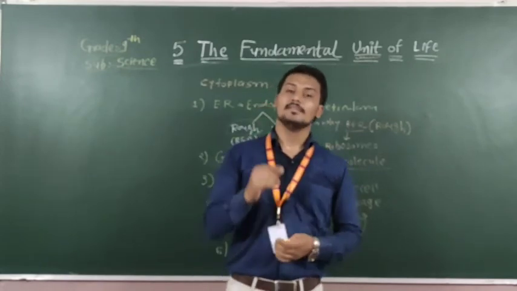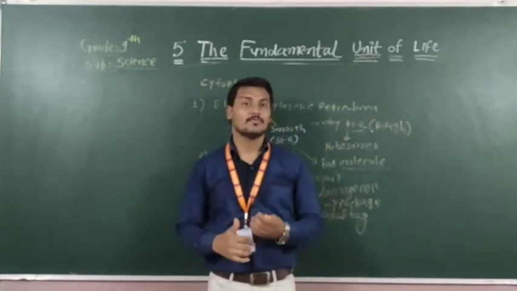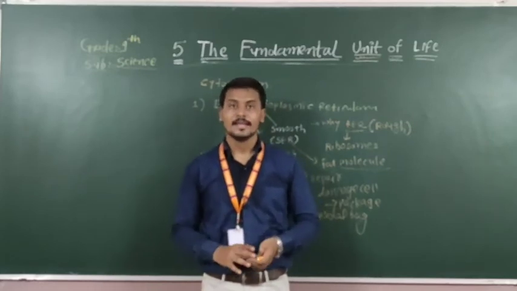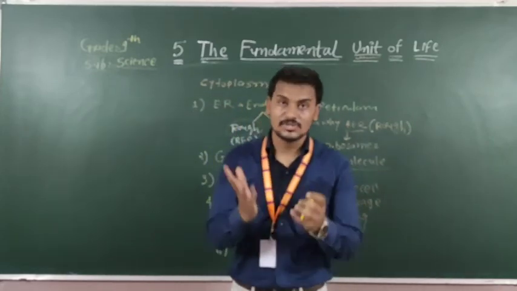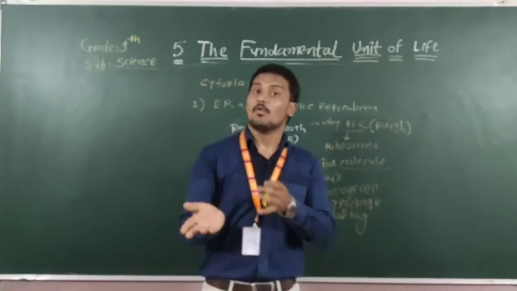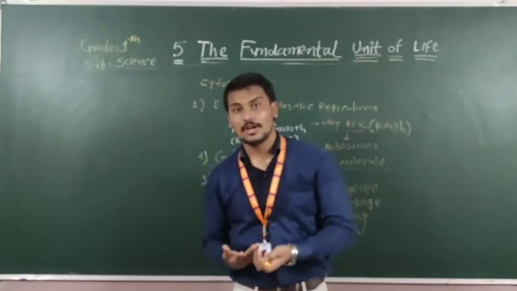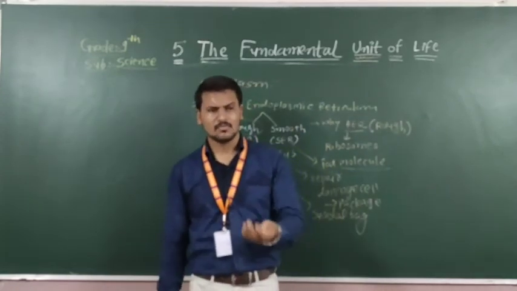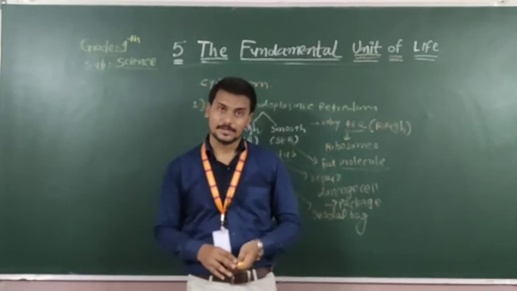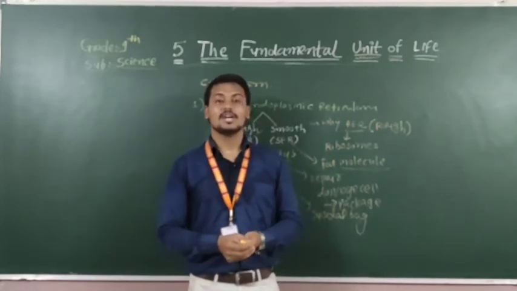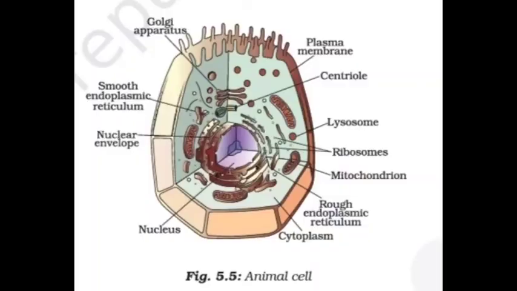So here we have completed this chapter on the different types of cells. We know about unicellular and multicellular organisms, what the structure of a cell is, what the different cell organelles present in a cell are, and what the function of each cell organelle is. Whatever we discussed, the endoplasmic reticulum and so on, we have already covered in this chapter. So here we completed this chapter.